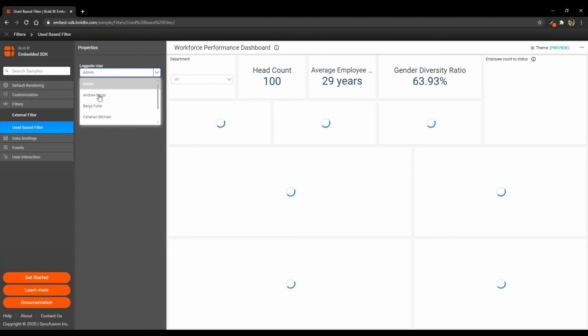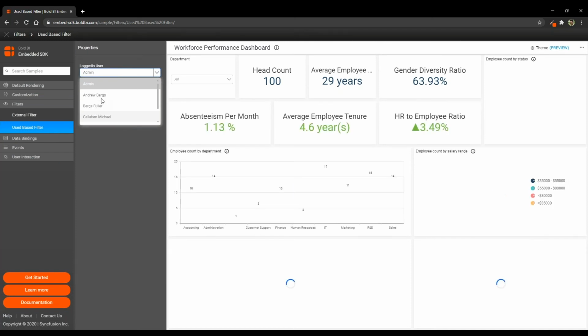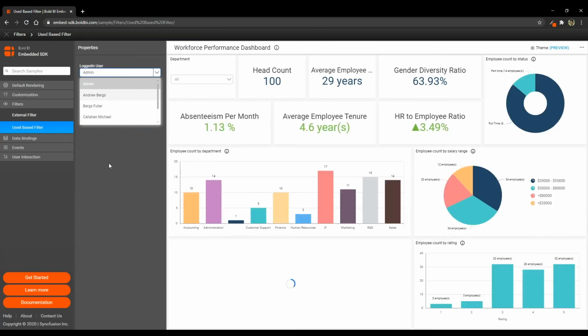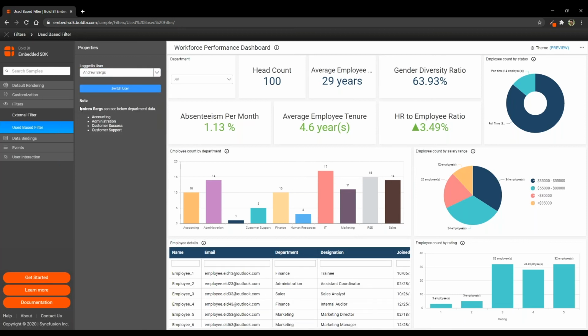So we have other managers like Andrew Bergs, Bergs Fuller, and Michael Anso. Now let me select Andrew Bergs. Andrew Bergs is in charge of specific departments. As you could see, Andrew Bergs is authorized to see the below department data alone: accounting, administration, customer success, and customer support.